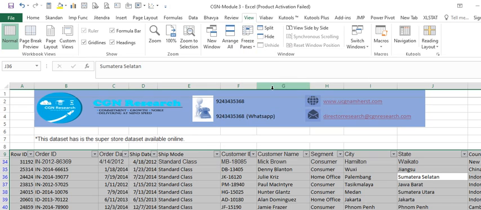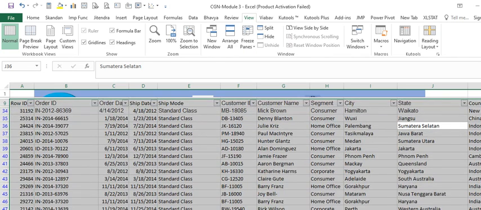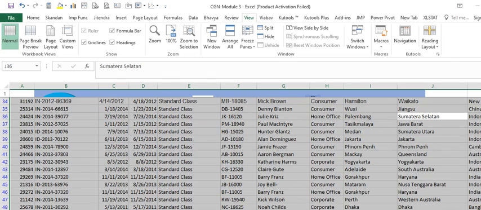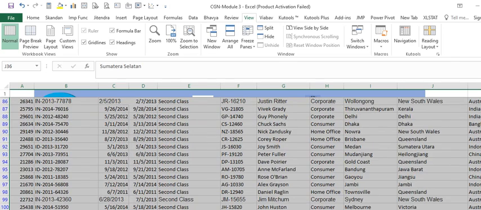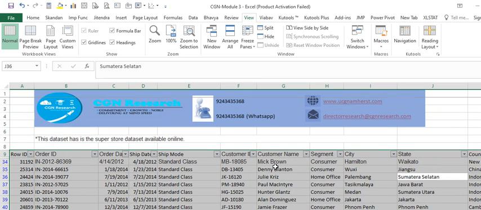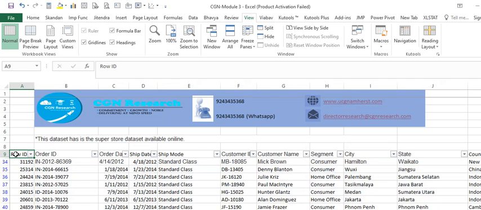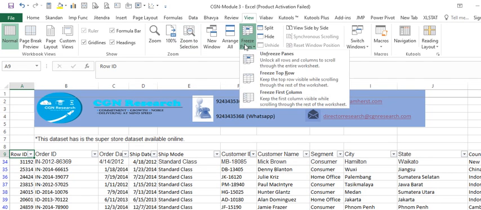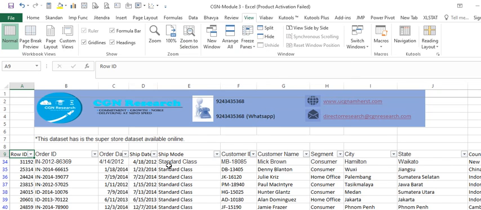So I will say the first top row. So you can see that there is a type of freeze that has been done here. I will just scroll down. I'm selecting this row and I will say freeze the top row. So you can see that there's a small line that is demarcating that.